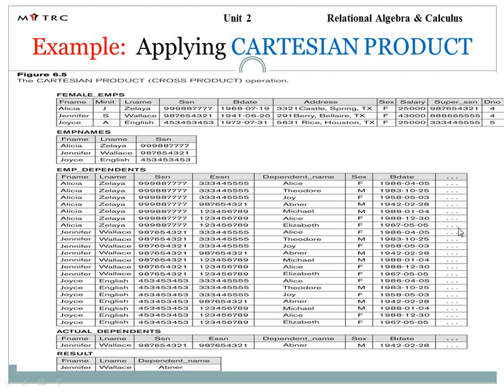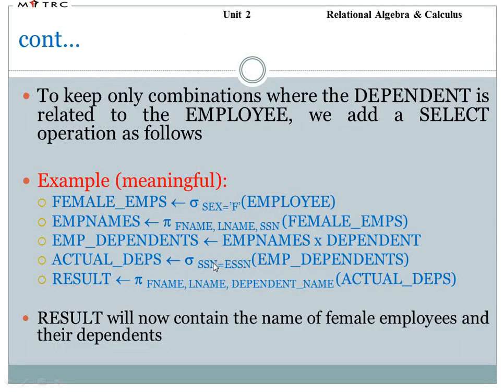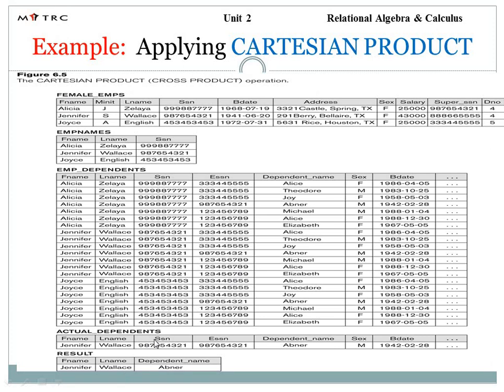So this huge table you have seen is actually made with the help of the Cartesian product, and it is the employee dependent, but it is not specifying everything since it only has the multiplication of values. You can see here that Alice, Jennifer and Joyce are multiplied and repeated 3 times. We are actually interested in finding the actual dependent, meaning the one whose SSN is equal to ESSN, and this is obtained only when we identify it. So this is the actual dependent: first name, SSN, ESSN, dependent name. This is the actual value that we obtain on the basis of the select operation.